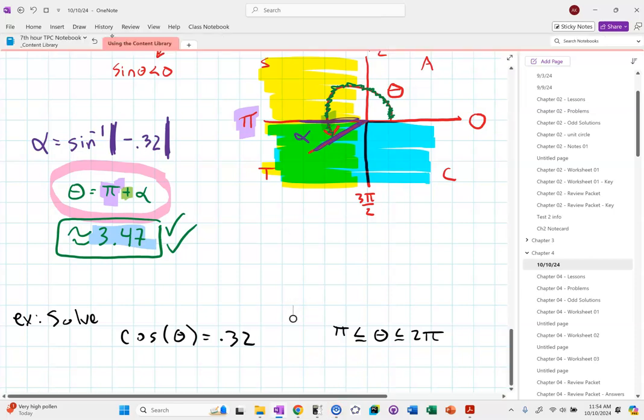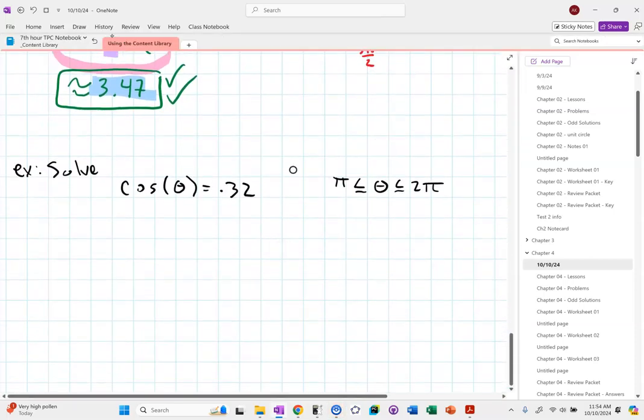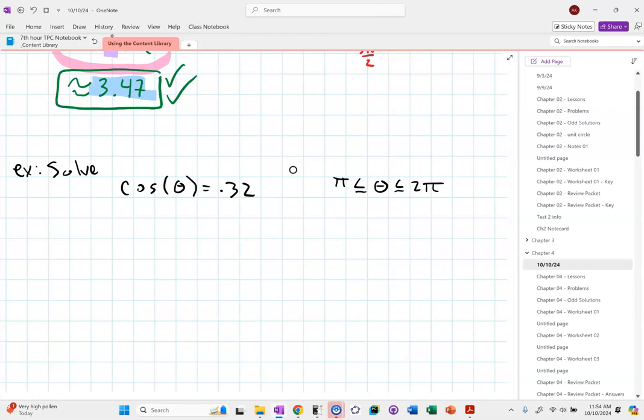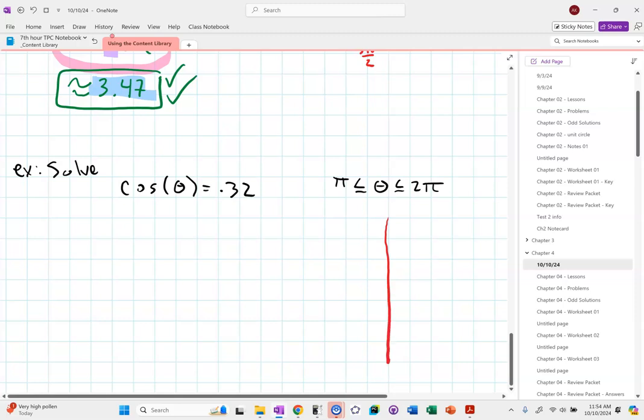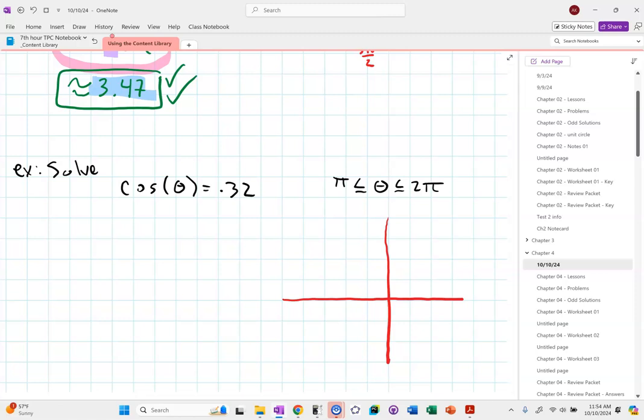Okay, so let's say we're doing cosine theta equals 0.32, with theta between pi and 2 pi. I'm going to start by drawing my picture. My answer is positive, right? It's between